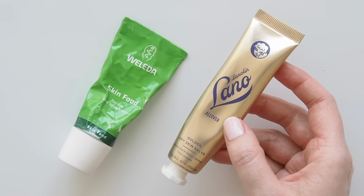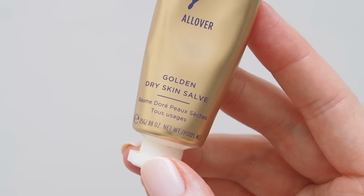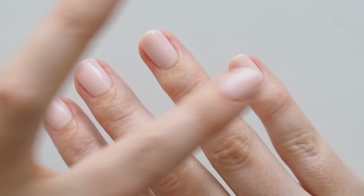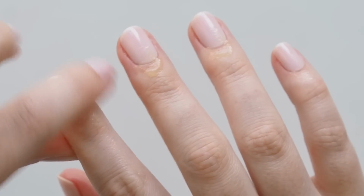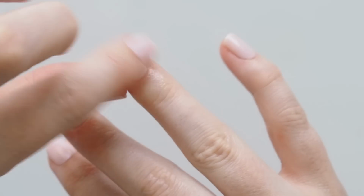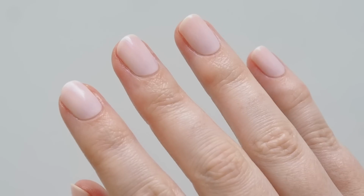Lanolip's Golden Dry Skin Salve has been the MVP of multitaskers for me in recent years. This intense healing ointment is an excellent all-rounder for any patches of particularly dry skin, lovely as a repairing lip balm, and I often work the excess into my cuticles. Key ingredients: lanolin, manuka honey and vitamin E. Scent: shea buttery vanilla, a bit of honey but nowhere near as sweet or strong as the fruity Lanolip's balm